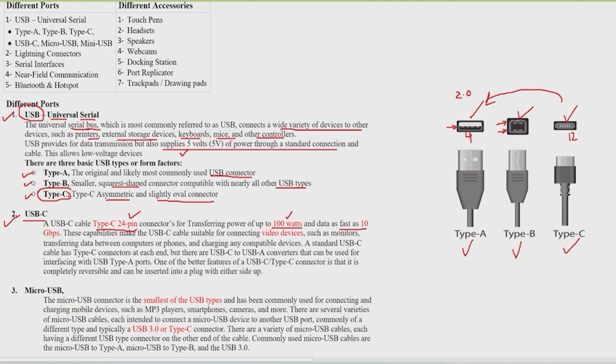Why? Because this data can be transferred up to 10 Gbps speed. 10 Gbps means in 1 second you can transfer 10 GB of data. So these kinds of USBs are used and suitable for connecting video devices. Like I was telling you that nowadays we are using